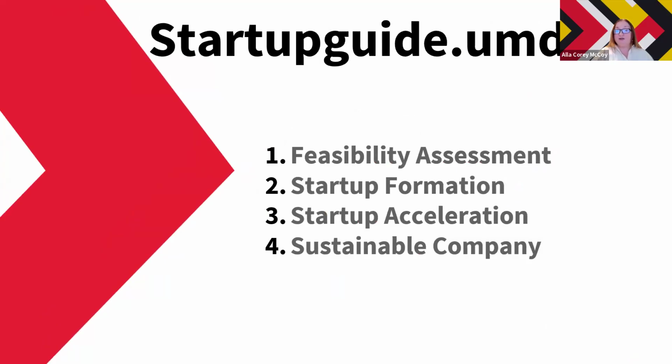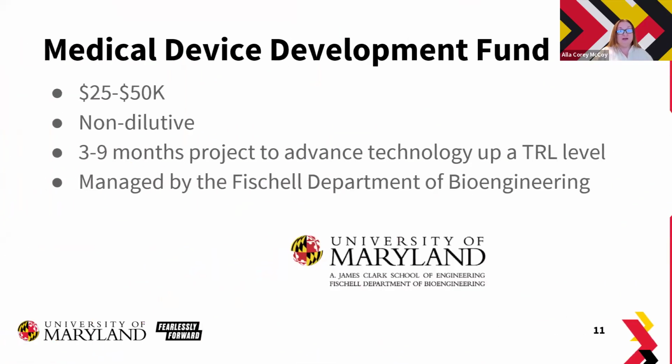So together with partners across campus, we created Startup Guide, a tool that can help navigate the ecosystem and resources in order that makes sense. This tool exists in online form at startupguide.umd.edu and in a print form as a basic flowchart. The suggested path is divided into 4 parts following the stages of company development. You can visit the website, review the details, and I will cover funding opportunities that correspond to each of these stages.